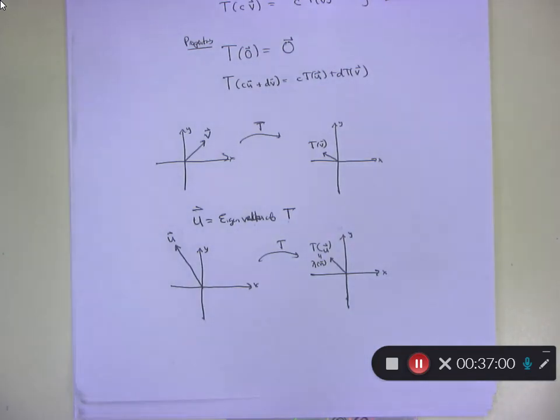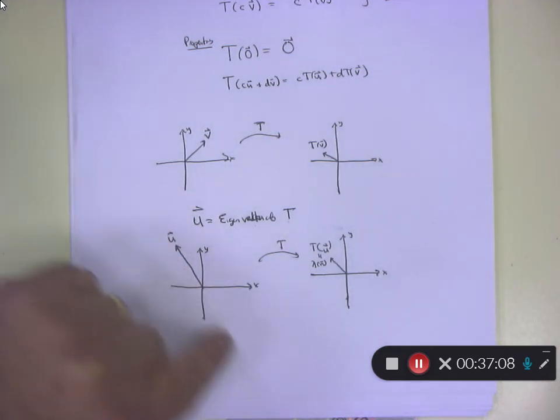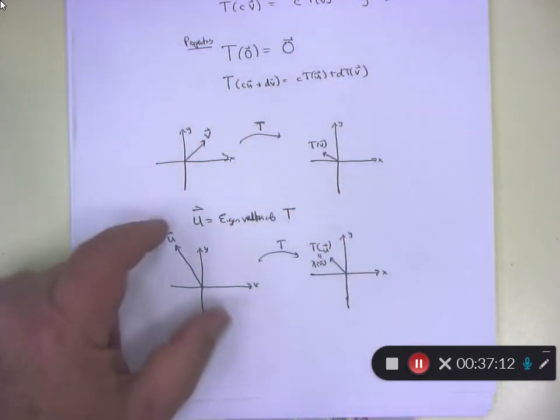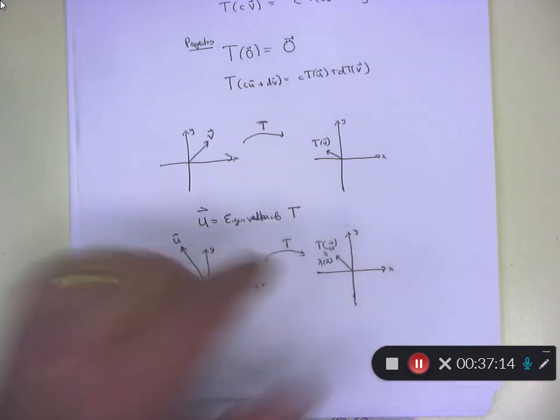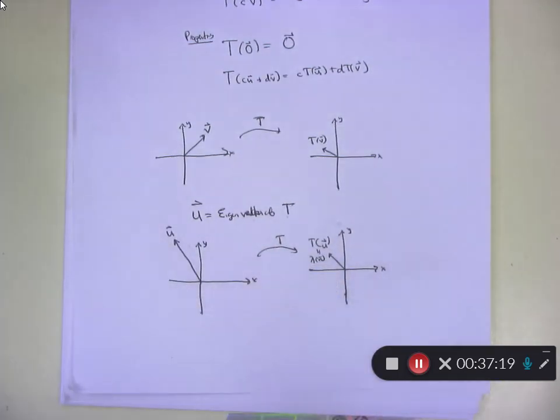A negative basically reverses the direction, but it's still along the same line, if you think about this being a line here. It's still going to be along that line, but in terms of how far it goes, this scaled it back. And the scaling back of it, by how much, is that lambda. So these are very special vectors within your space that the linear transformation actually acts like a constant. So again,